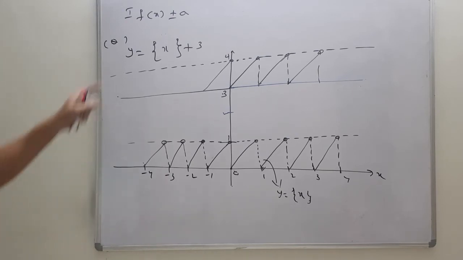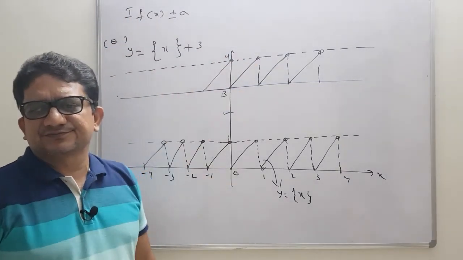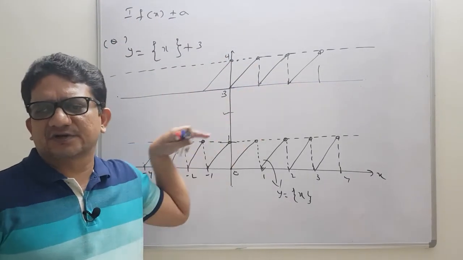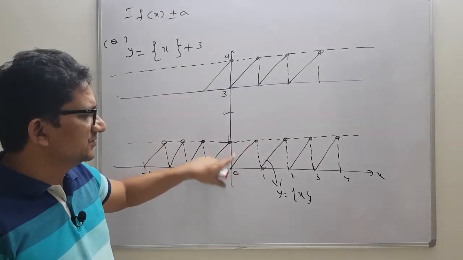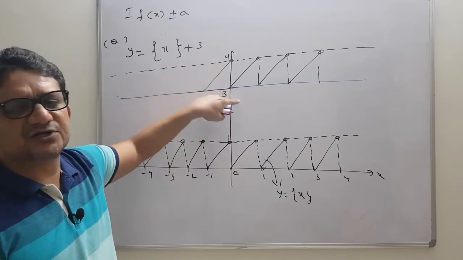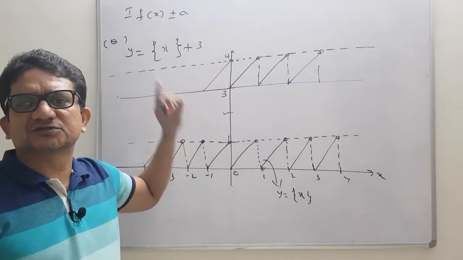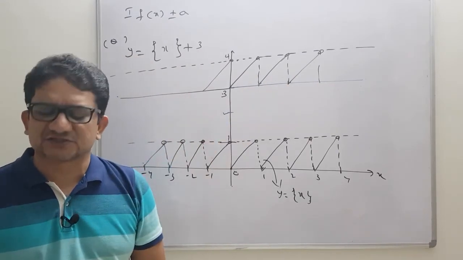Now it is very clear that in this model what happens, see, there will be a change in the range actually. The domain remains same only, it is defined for all real values. But the range will change. Earlier the range is what, in between 0 and 1. So 0 is closed. And here what will get, in between 3 and 4, and 3 will be closed. In this clearly there is a variation in the range of the function.